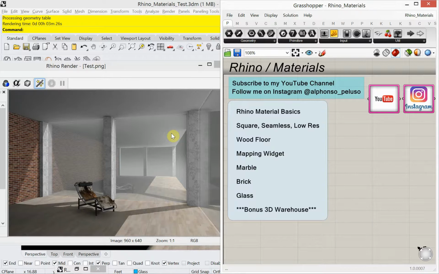Today's video is going to look at Rhino Materials. So this is part of a series that I've been calling Back to Basics. Rhino Back to Basics. We did some Rhino modeling. We looked at loft, extrude, sweep, revolve. We looked at setting up a basic Rhino scene for Rhino rendering, and now we're going to be adding materials